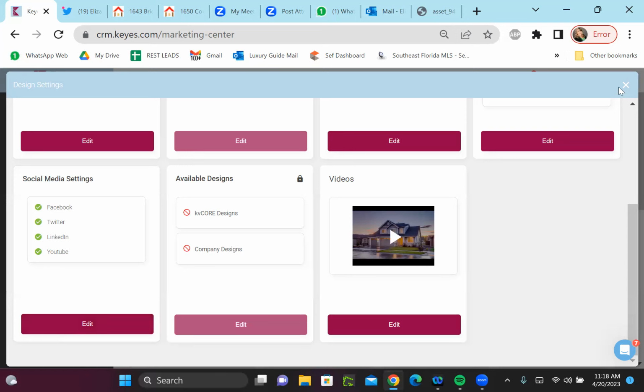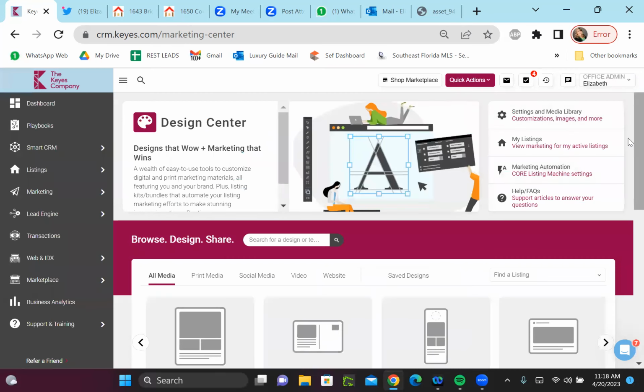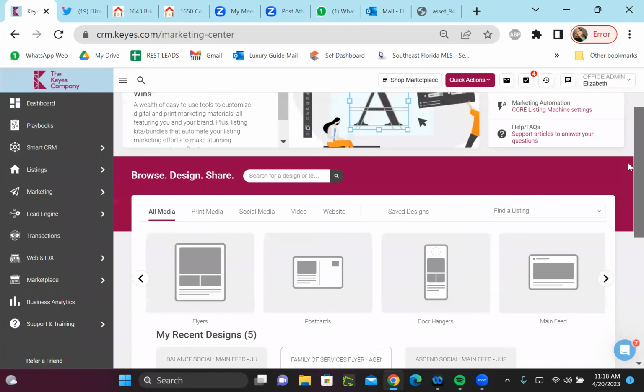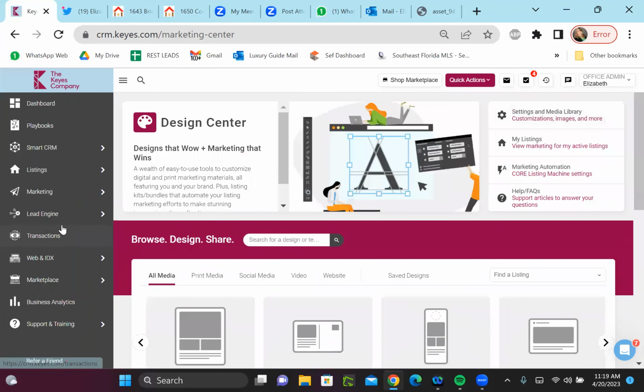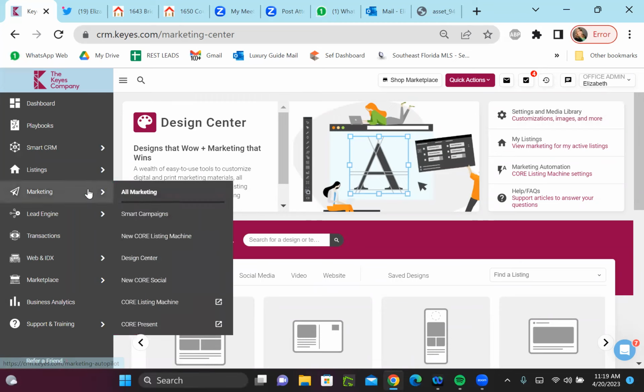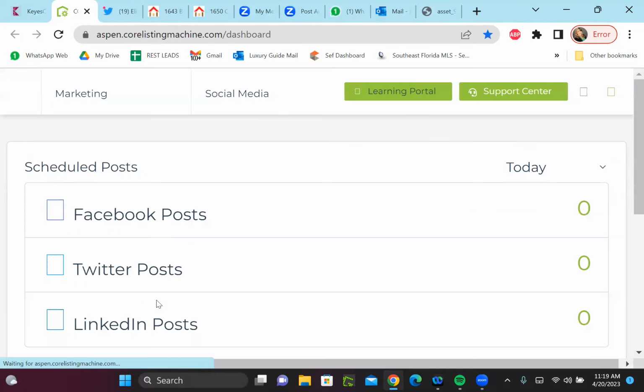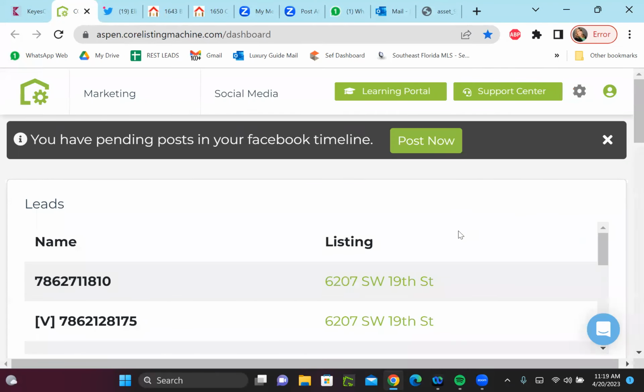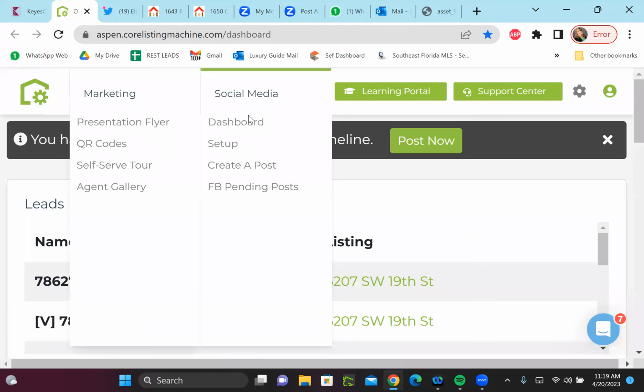Remember when we had it previously, the old core listing machine? Hold on a minute. Some of the things are automated, Alex, that's the idea. Set it up, right. It should do the same that it did here. It should do the articles and the same stuff. Right, exactly. So if you remember the social media,